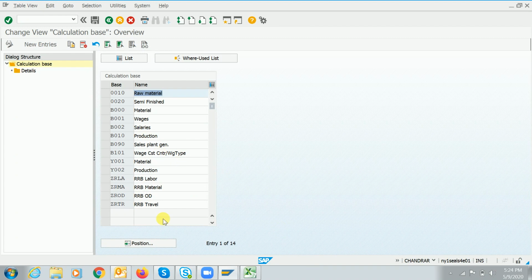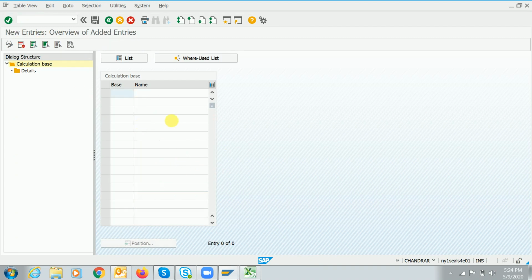So what we have to do is, initially we have to maintain base. Raw material expenditure. Save this, guys.